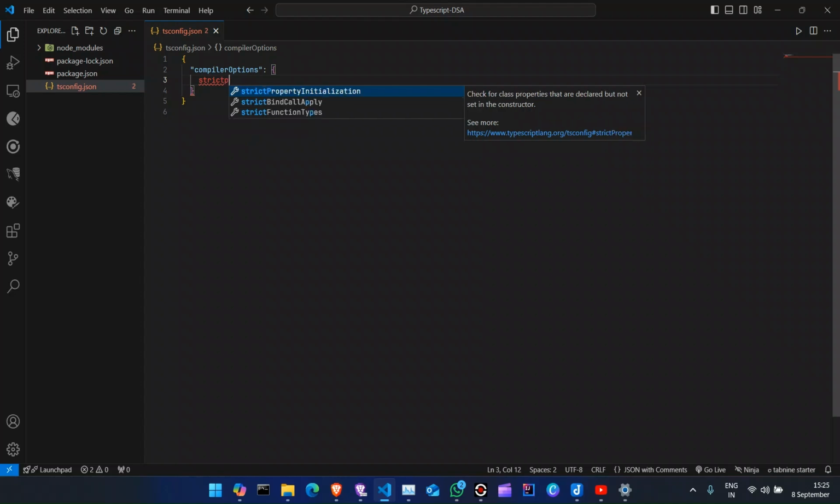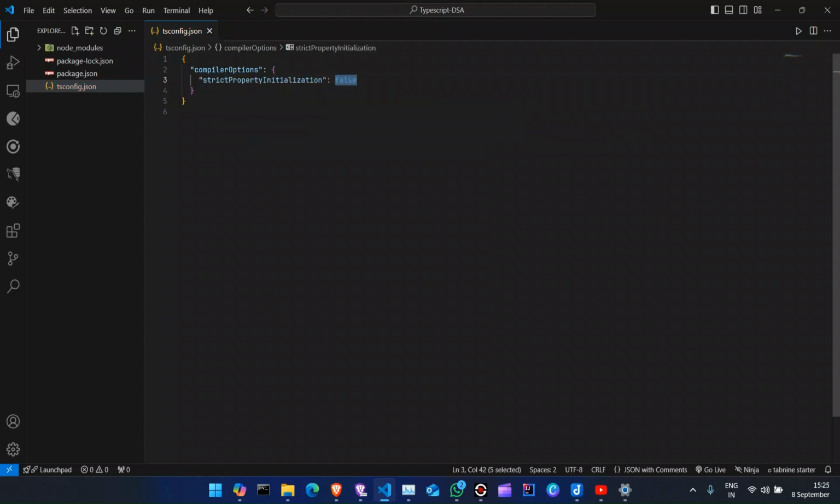strictPropertyInitialization will be set to false. So what is it? It checks for class data that is not set in the constructor. Now we will decide its target. So ES5. Currently we are setting this target to ES5, and